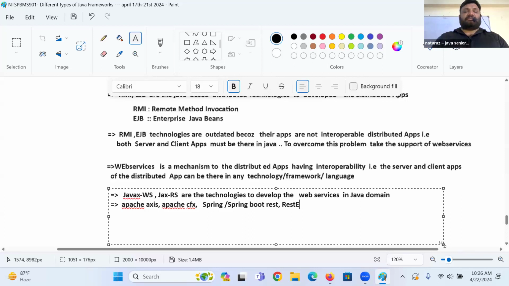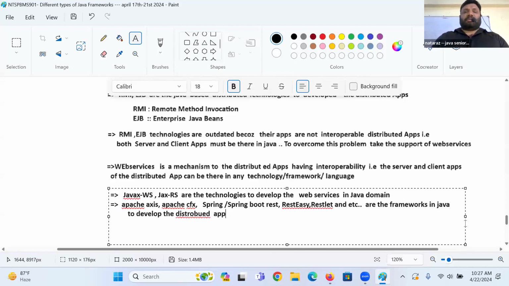RESTEasy, Restlet, and etc. are the frameworks in Java to develop the distributed application. When I say distributed application development, both client and server, guys, to develop the distributed application.